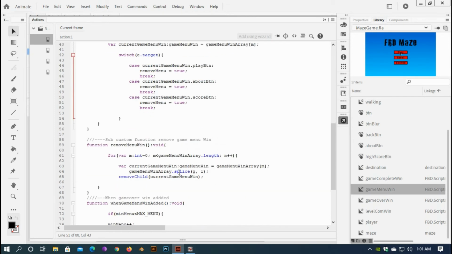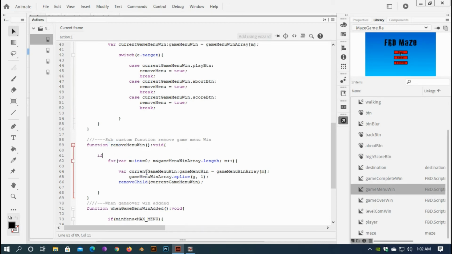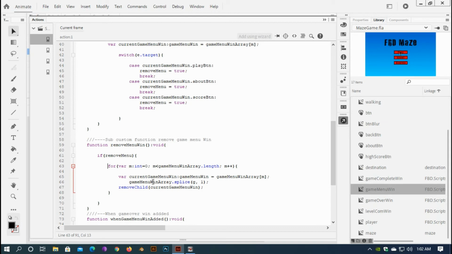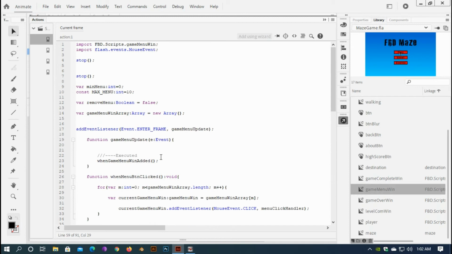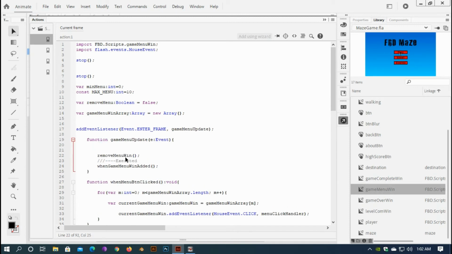And now here I'll type if remove menu, then I'll copy this function and execute it on the enter frame event listener, and then